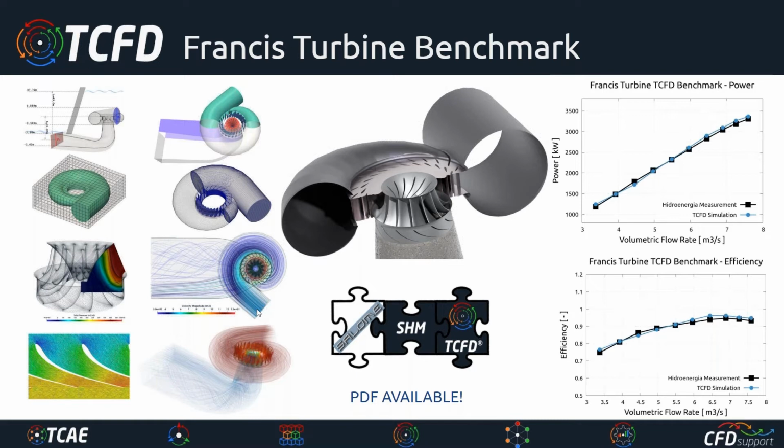So here below you can see the workflow scheme. The original CAD model was cleaned and prepared for the simulation in Salome. The computational mesh was created in SnappyHexMesh, and the simulation was executed in TCFD. On the right hand side you can see the comparison of the measurements and the simulation results. As you can see, the individual points along the complete turbine characteristics, and as you can see, the results agreement was very good,